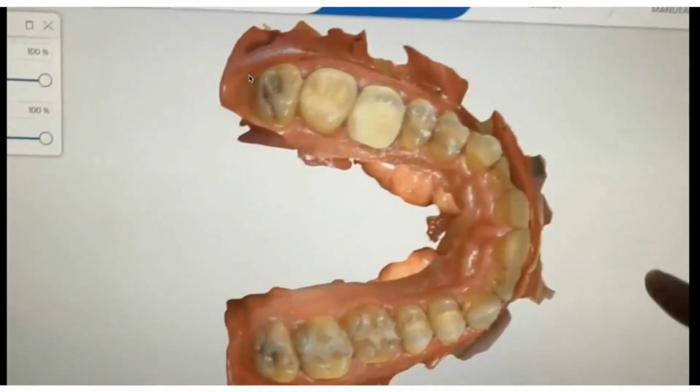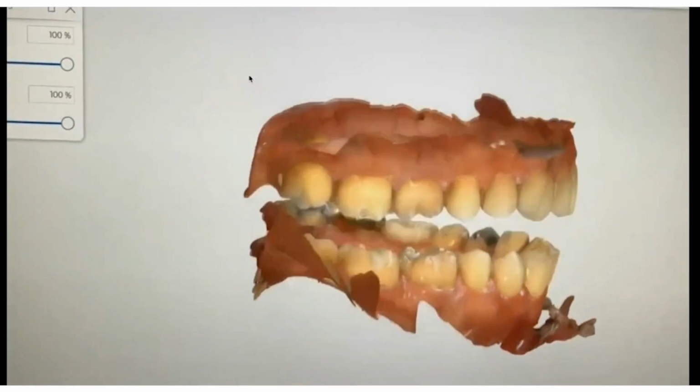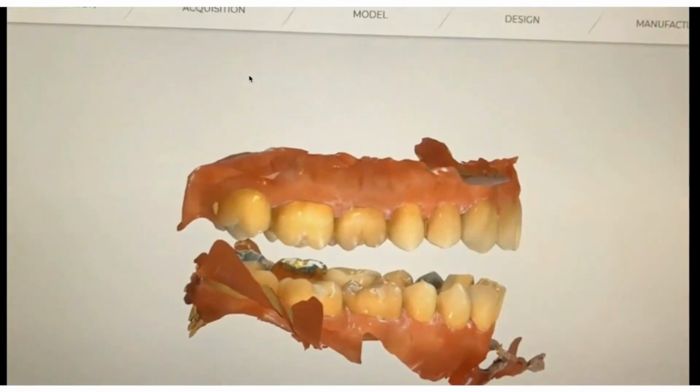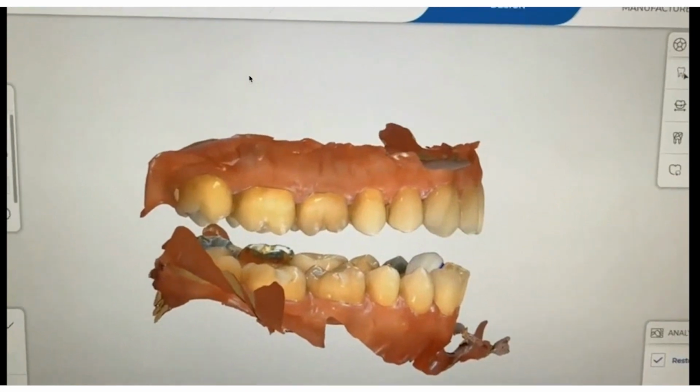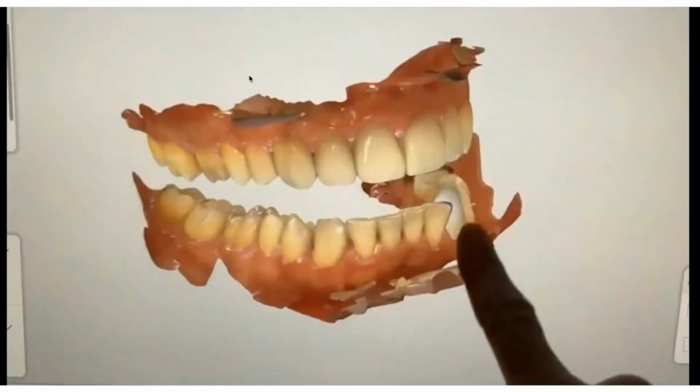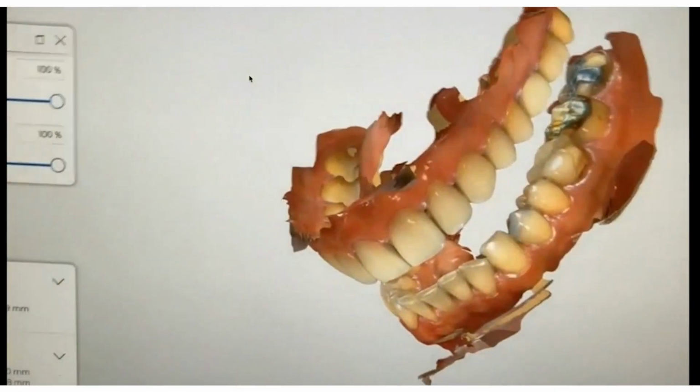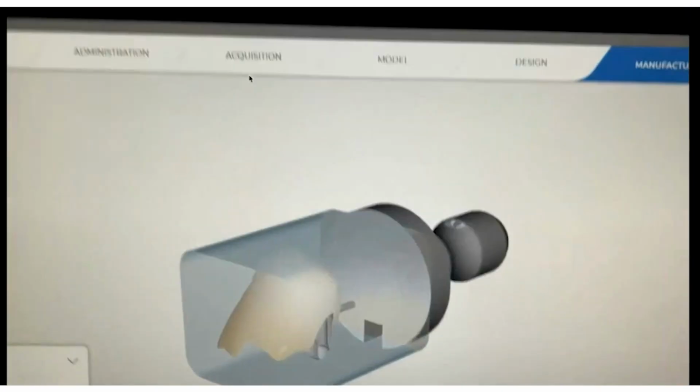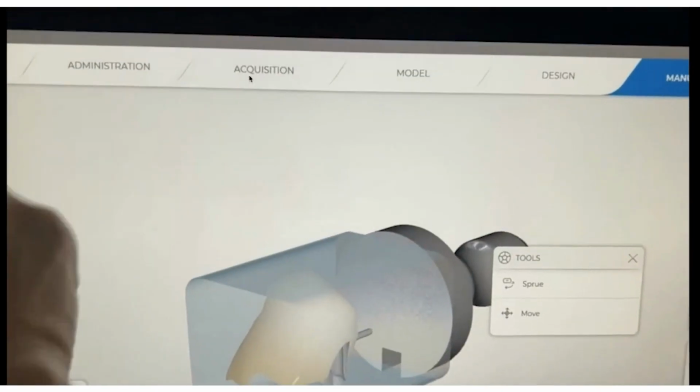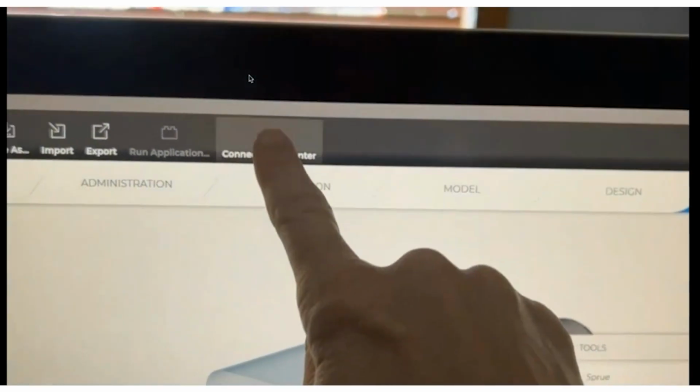I'm going to show you, there is the scan only way, but we actually were, prior to us having that Primescan Connect, we were doing it in chairside. I find that to be the easiest. We randomly picked a crown. It could be any tooth number, and we'd scan the full arch. When it came to the buccal bite, we would use the gauge and provide increased vertical, and then we get to that